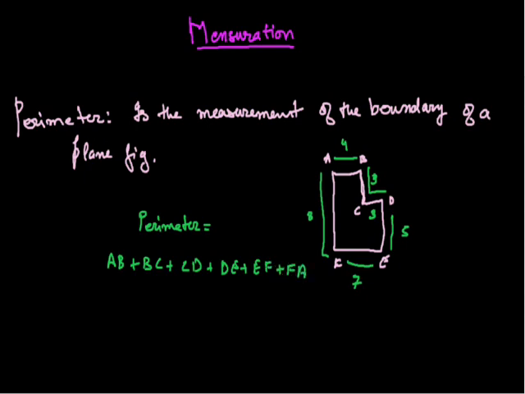Now what we have to do? We have to just put the values of AB, that is 4, plus BC, that is 3, then CD is again 3, plus DE, that is 5, EF is 7 and FA is 8. This will be the total perimeter and we have to write the unit, in whichever unit it is, meter, centimeter. So its total perimeter will be 30 units. That is, we have calculated the length of the boundary. This is known as the perimeter. Perimeter is simply the total length of the boundary.